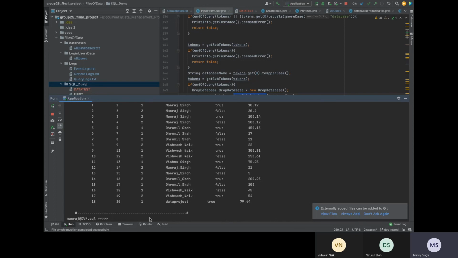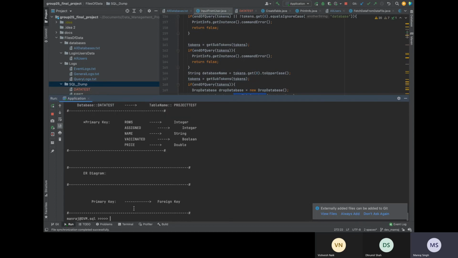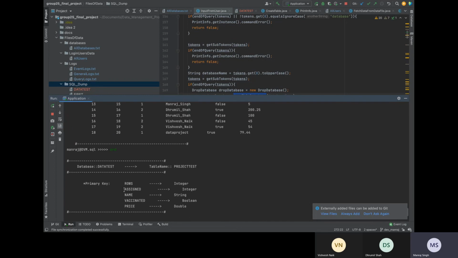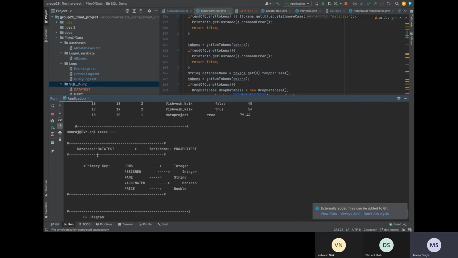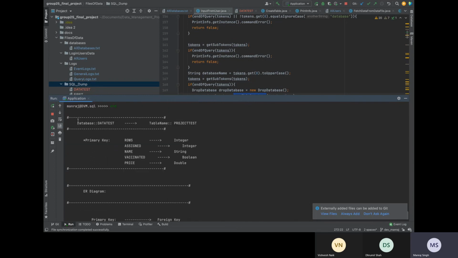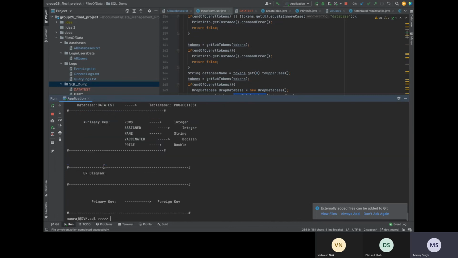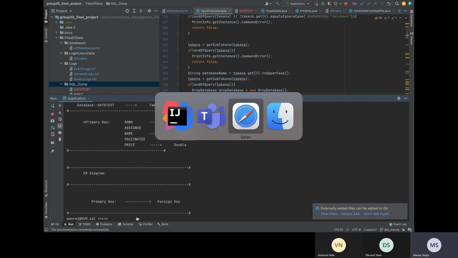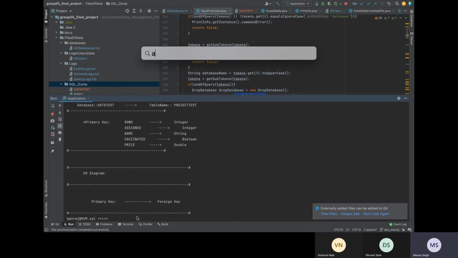Next is ERD. If I want to create the ERD, what are we printing in this ERD? First, the databases and all the tables corresponding to them, and the structured description of the tables. And in the ERD, we are also printing the primary and foreign key connections. Because there is only one table, there is no connection, so under this column, there are no entries. If we try to create such a table with connections,